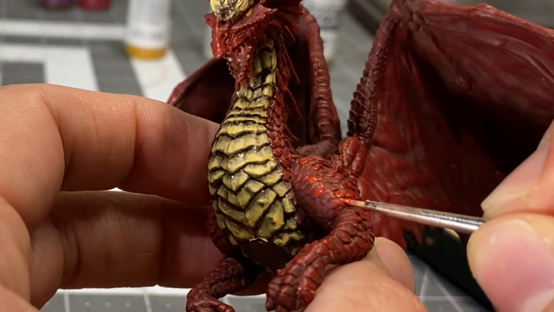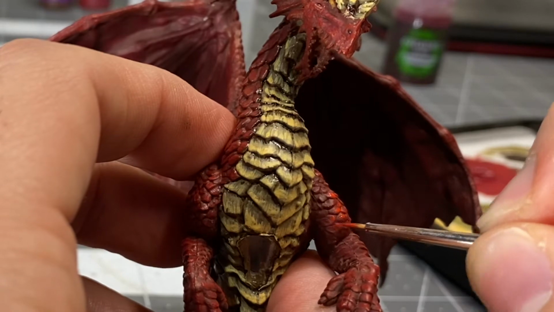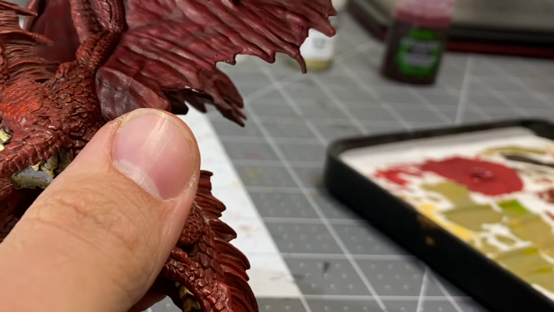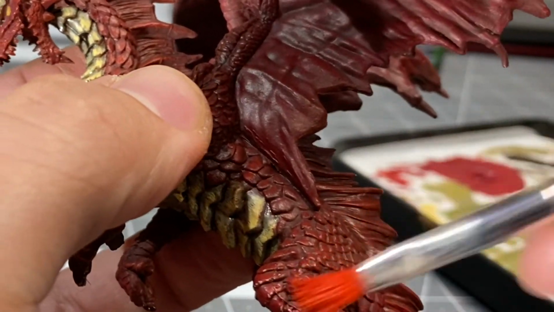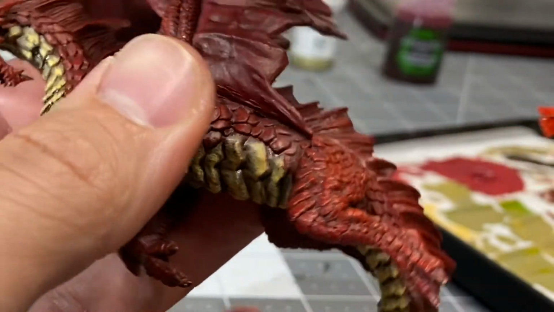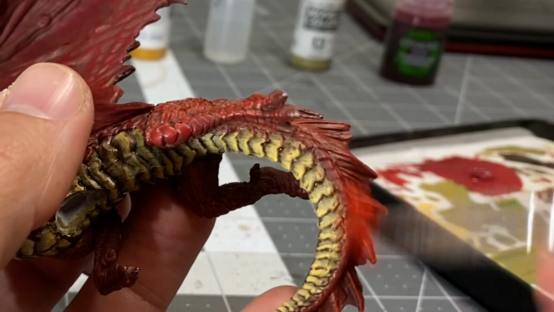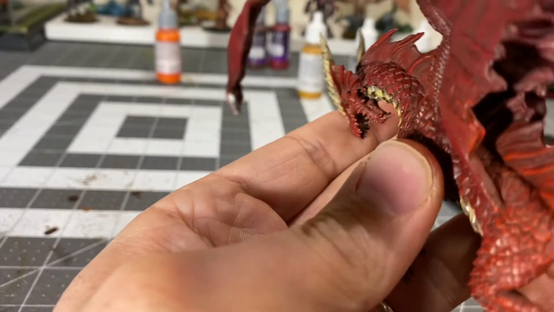In certain spots. And we just pop that on. I might see what a dry brush looks like first. Let me do that. Start off down on the legs. That looks pretty cool. Hit the scales back here. It actually works to give it a nice little